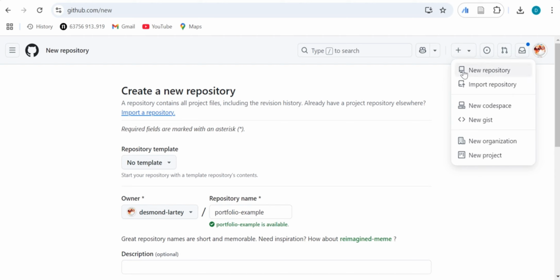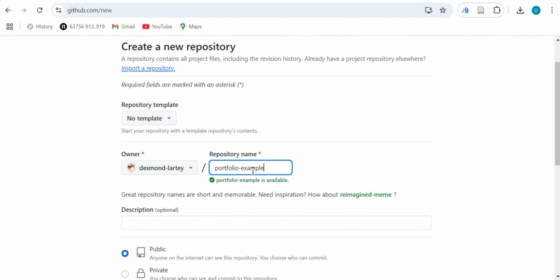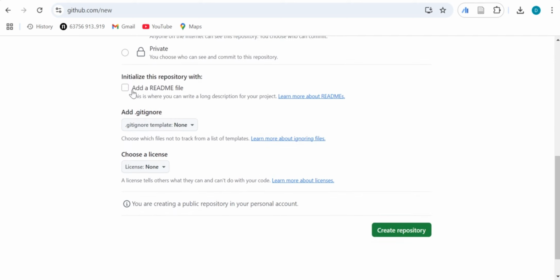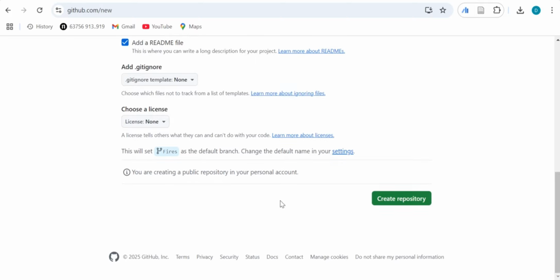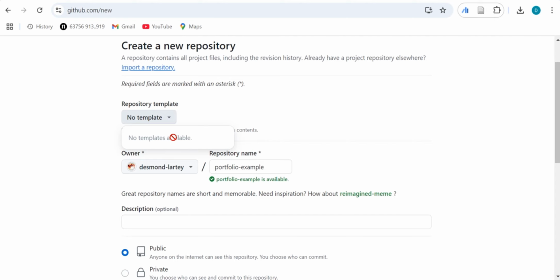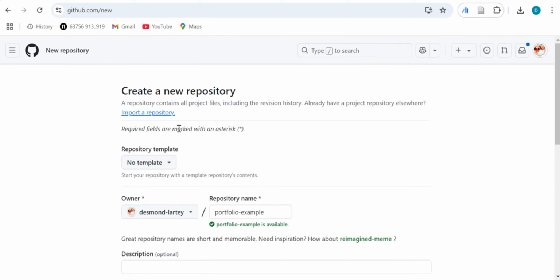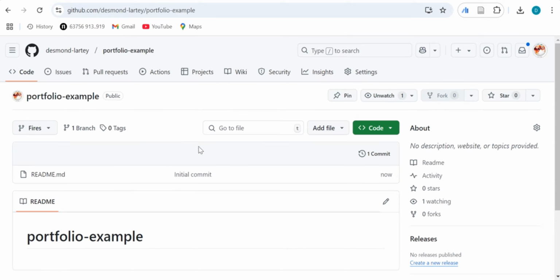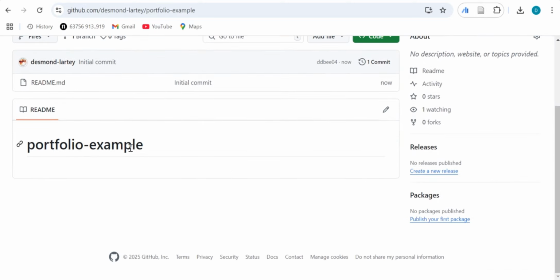I think everybody who has GitHub knows how to create a repository, so I assume that you know, but I'm trying to create one here which I will call portfolio example. You make sure that it is public and not private. If it's private, then nobody will see your link when you publish it. You can add a readme file to it. If you don't want, you just ignore. Sometimes some repositories need a template, but I'll just ignore this particular one. So I'll just create it here, and once you create it, it's going to be here.